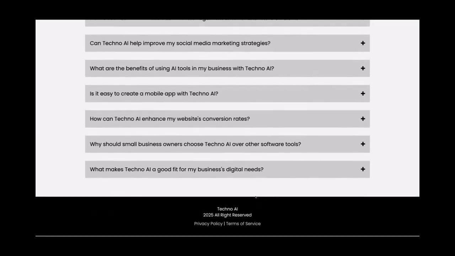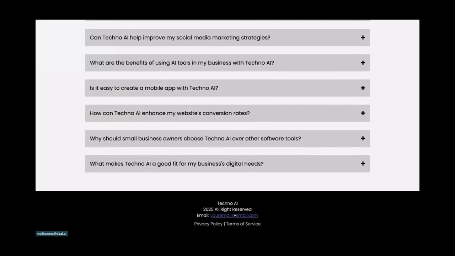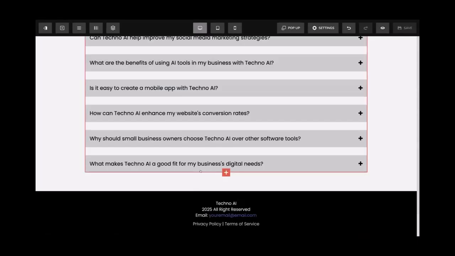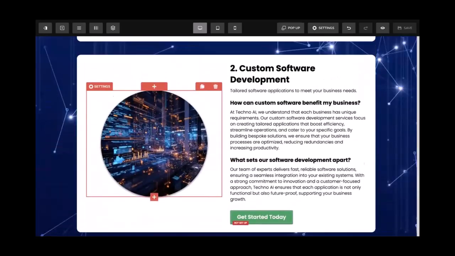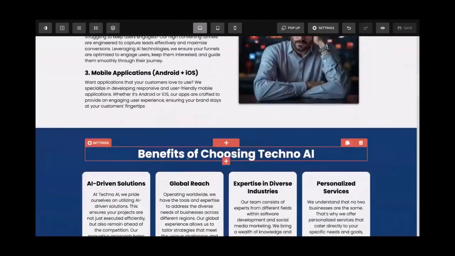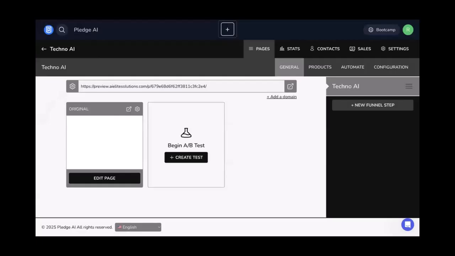Let's refresh the page and see the changes. Okay, once we click on it, it will open up the email for us, and it will directly take us to send that email, or we can add the phone the same way. So you can add all of the information this way. And now let's talk a little bit. This is how it looks on desktop, and we want to see how it looks on mobile and